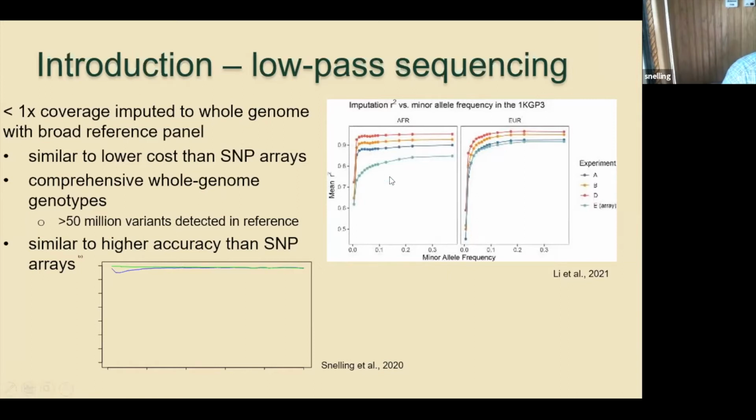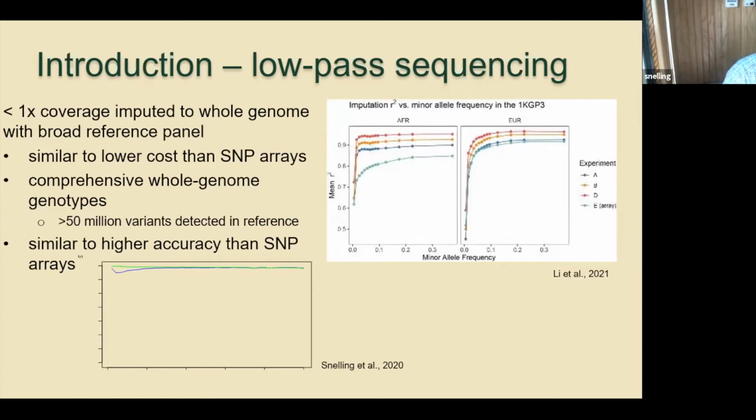This panel up here is actually from human data where they compared genotypes imputed from different low pass and genotypes called from a SNP array to the genotypes that were obtained from deep sequence, about 30x sequence, where in all cases the imputed genotypes were more accurate than the array genotypes. We haven't done that exact comparison in cattle, but